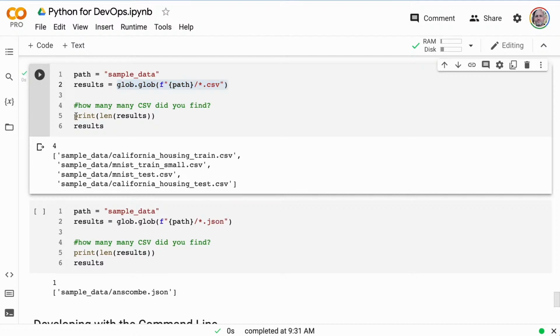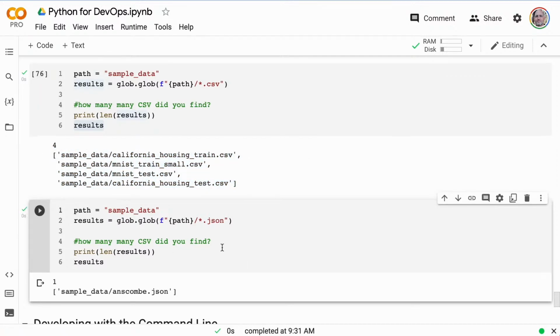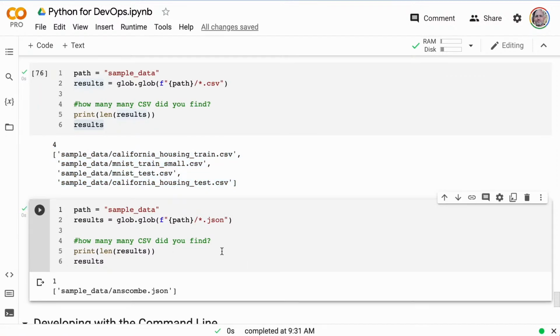We print this out. We can say there's 4 results, and I print out the results right here, and I've been able to get that working. So really a huge amount of things that you can do in terms of the file system, in looking at the Python tools and also